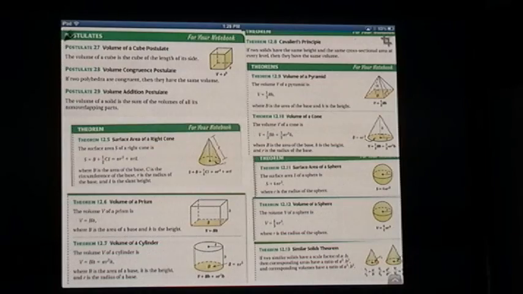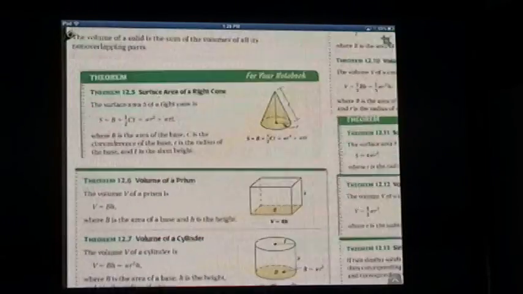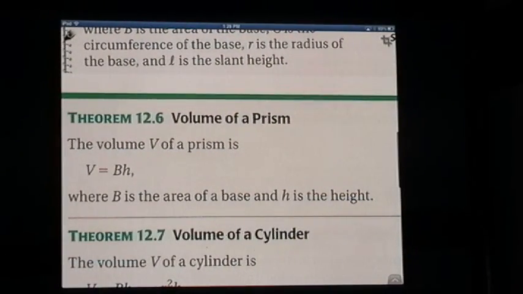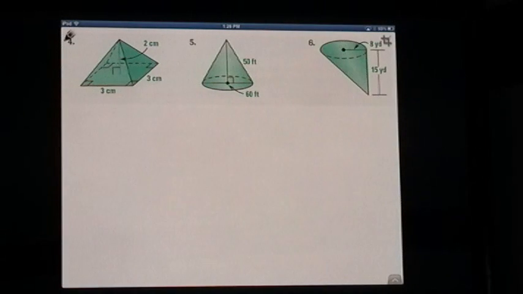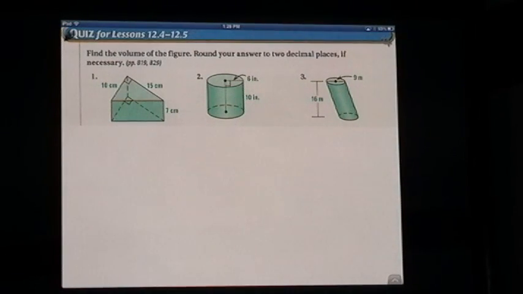We're looking at a triangular prism, and it says the volume of a prism is the big base times the height, where B is the area of a base. When they say base, they mean the figure that the three-dimensional figure is sitting on. So that would be this triangle, because it's important that you imagine that the base cannot be, for instance, this square, because if it were that square, then if you set this